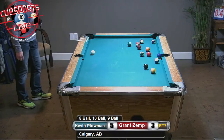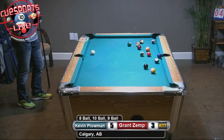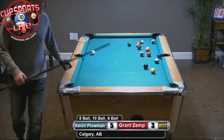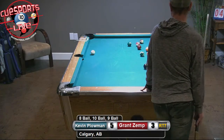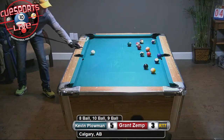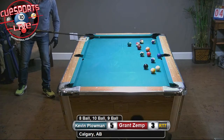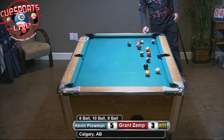He's left it a little tough for Kevin here. Doesn't have a ton of options other than maybe try to make the 2. Leave the cue ball down there where he's looking. So combo it. 14-3-2 combo. Not sure I love that plan because Grant can shoot the 3 and draw into the 2 if he likes